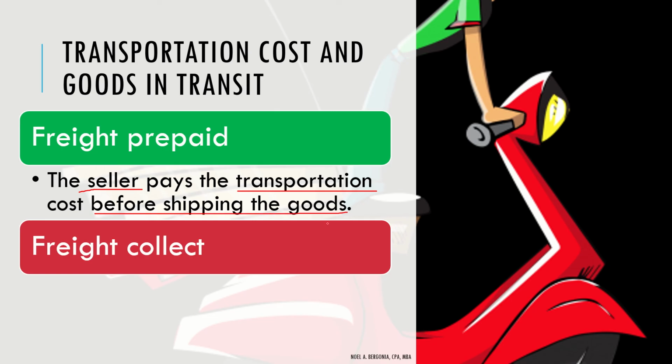Kanina guys sa FOB shipping point at saka FOB destination, ang pinunto natin doon, sino yung dapat magbayad. Okay? Ngayon, dito sa freight prepaid, ang nagbayad muna ay si seller. Okay? Before the transportation of goods. Kasi 'di ba merong mga shipping companies na at the time na bibili ka ng product, okay, kailangan or ipapa-deliver mo yung product, kailangan mo nang bayaran agad-agad. Such as LBC, for example, di ba? Bago siya umalis doon sa point ni LBC, dapat mabayaran mo na yon, okay? And then, saka isi-ship. Okay? So, si seller muna yung nagpapaluwal na magbabayad if that is freight prepaid, no?